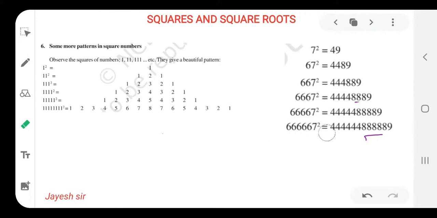If you have understood, you can pause the video and observe the pattern on your own. I am going to explain how many numbers are there. 3 numbers, so 3 times 4 should be there. Now after counting the numbers, we have to count the number of 6s. How many 6s are there? 2 sixes are there, so 2 eights would be there, and then 9. The last number should be 9.